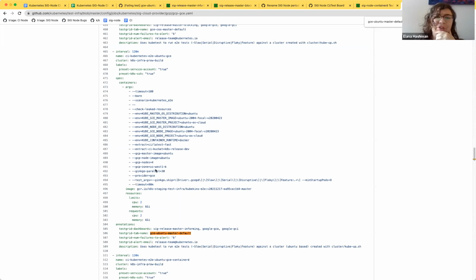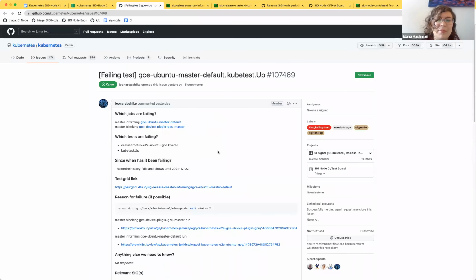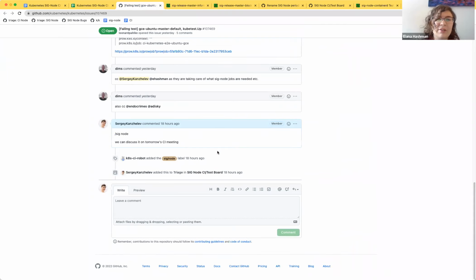Oh, and it's running on Docker too. We could probably just delete that test. Yeah, that's what I wonder. Do we need this test or can we delete it? Because I don't know what other differences it has. Maybe we should talk to Lubomir about it. I assume there might be something in their SIG.